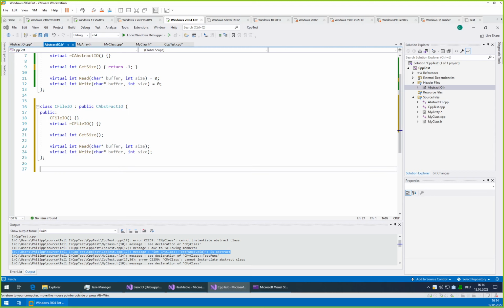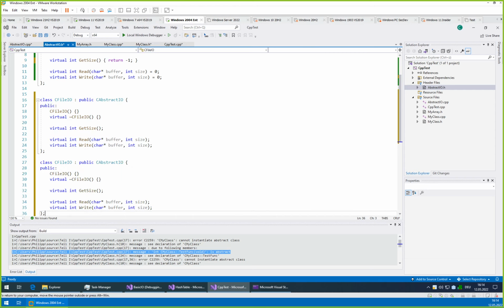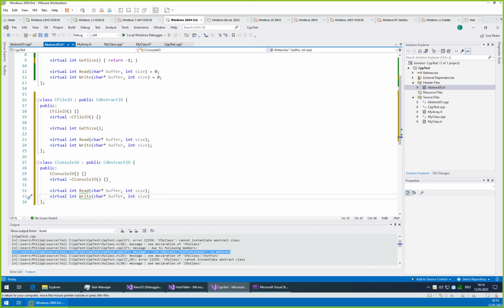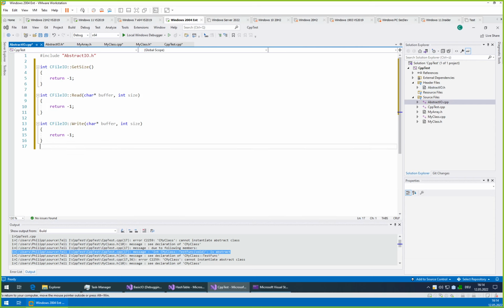And now, to contrast that with something else, let's create something that reads and writes, or just writes, even something that's not able to read from the console. So we are lazy, we just copy this thing again. We just call it then CConsoleIO. We will definitely not need this or that. For read, we can here return -1, because we don't want to implement a read function from the console. We just want to have a write function.